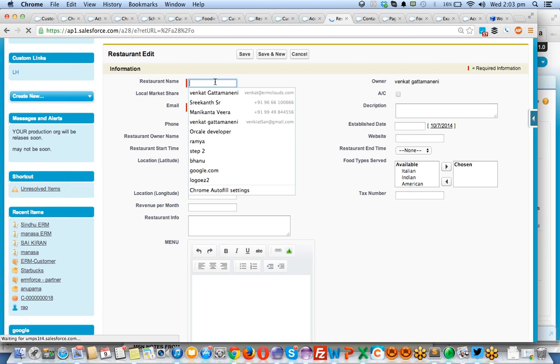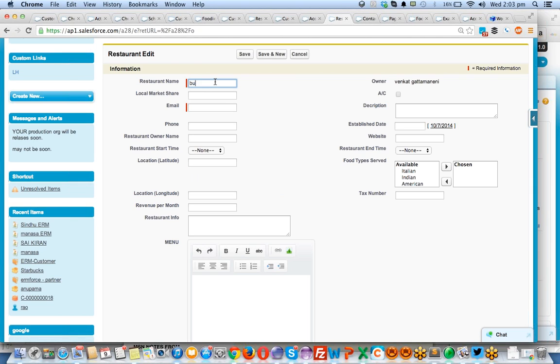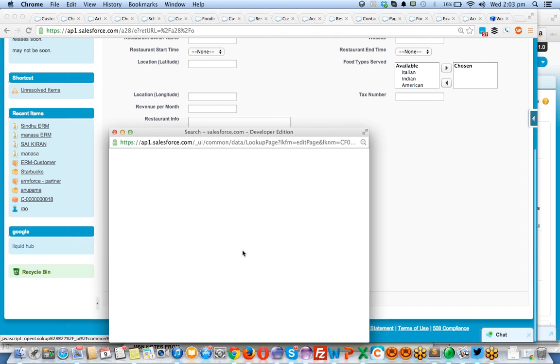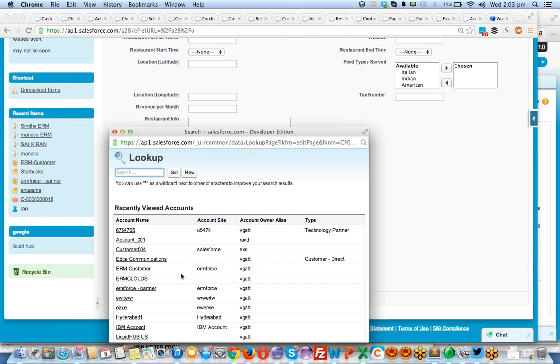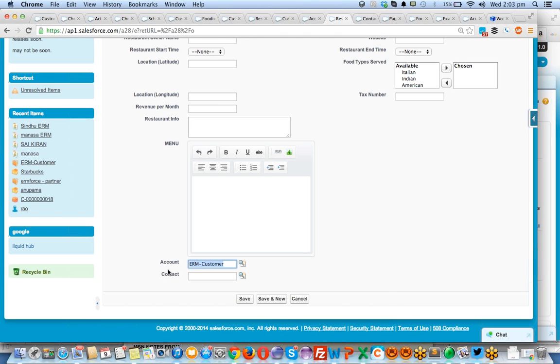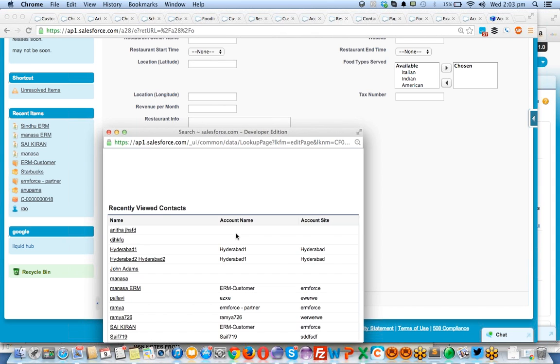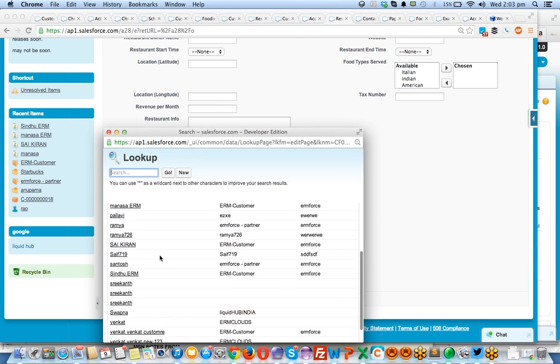Now I'm clicking the same new record called Burger King only. Burger King 2 b at bg.com. Coming down and selecting. See, there is no option now here. There is no option like lookup. Lookup is there, but earlier there was an ash color option for it. I'm selecting ERM customer now. If I'm selecting lookup, see what will happen? It will show all the records.